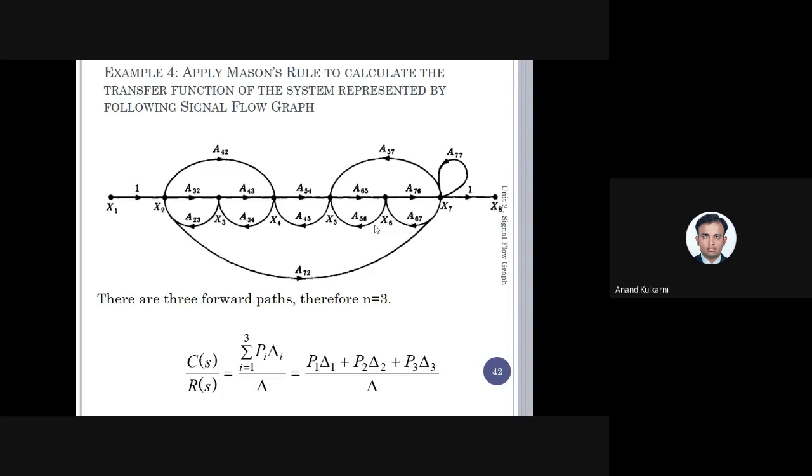And remember one thing: put the suffixes on these numbers properly, because sometimes we have seen that students don't put the number, and there is a mistake, and in that case marks are cut. Make sure that all